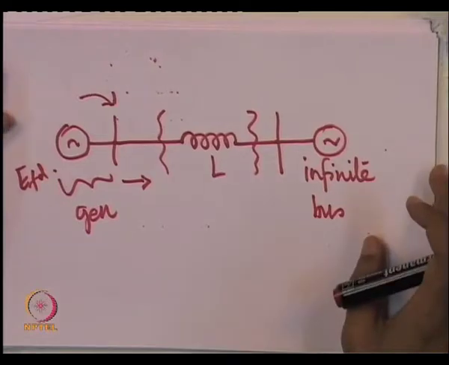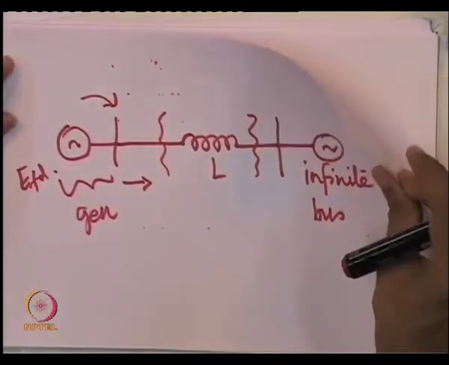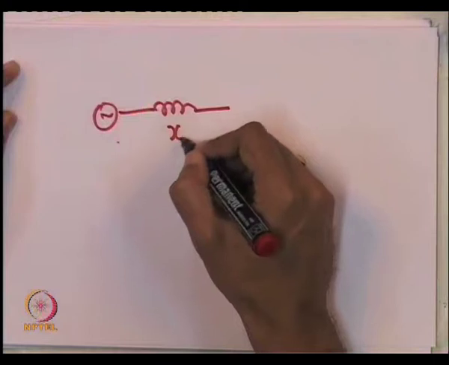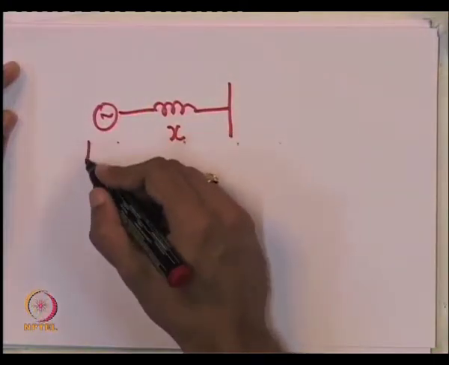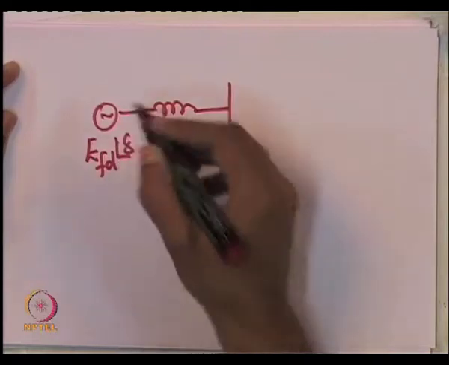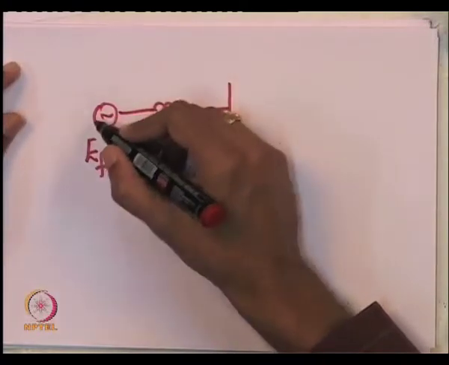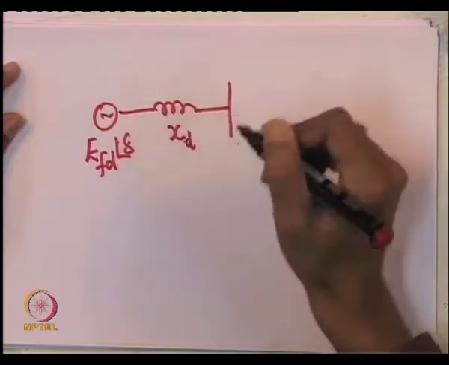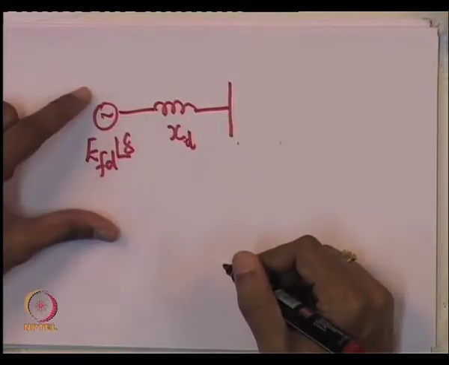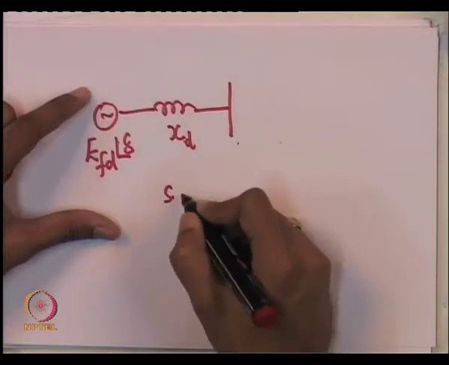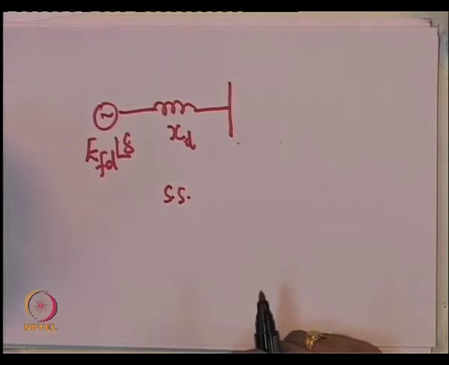Okay. Now, of course, in steady state, the steady state representation of a non-salient pole generator is simply like this. Please refer to a fairly early analysis of the steady state of a synchronous generator, which was done roughly 6 or 7 lectures back, quite some time back. So, a steady state representation of a non-salient pole synchronous generator is this. Okay. So, this is the steady state, of course, please do not use this under transient conditions. Under transient conditions, you will actually have to use the differential equation model of the synchronous machine. So, do not use this for a transient representation of a machine,